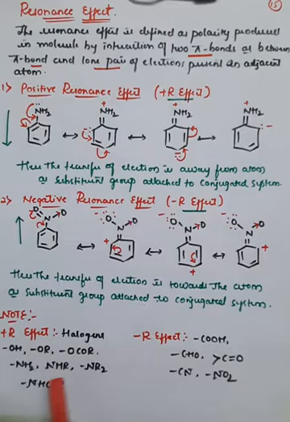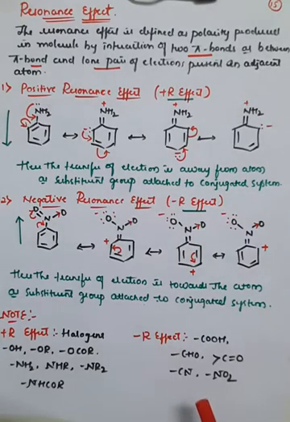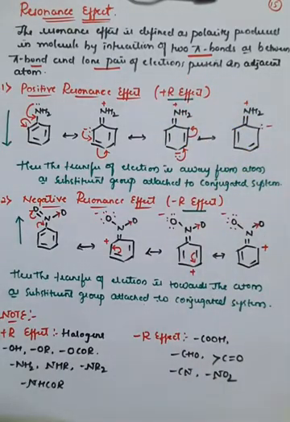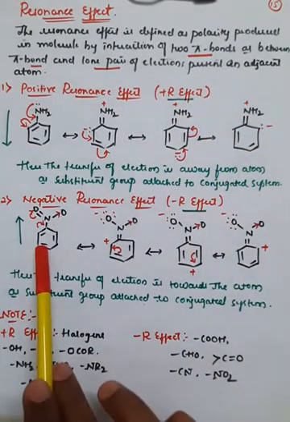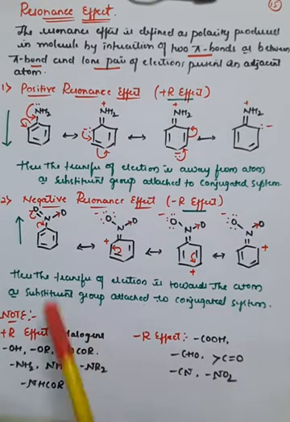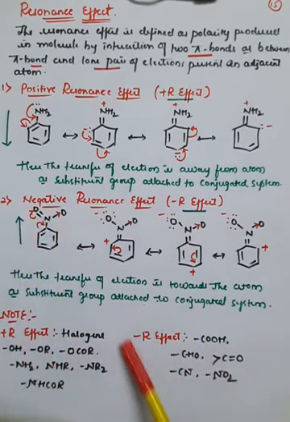So whenever the benzene is bonded with these substituents, these influence the benzene ring in such a way that there is a chance of the positive resonance effect, or it is called the plus R effect. If the benzene ring is bonded with groups like COOH, that is the carboxylic acid group, CHO group, carbonyl group, cyano group, or the nitro group, that is NO2 group, that influences the benzene ring. Therefore the transfer of electrons will take place from the benzene ring towards the substituent. So that gives the minus R effect, right?